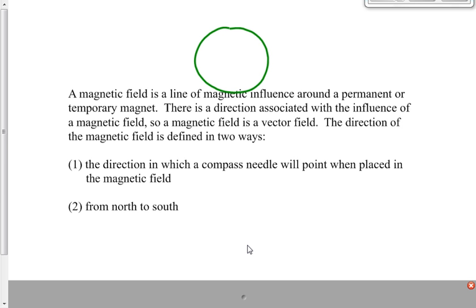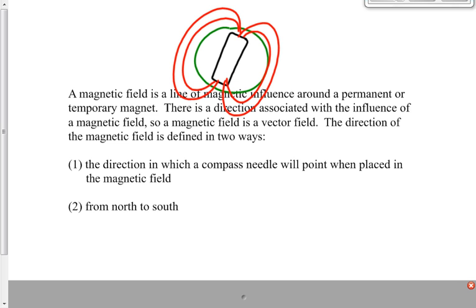Let's draw that little imaginary bar magnet inside the Earth. I'm not going to label the poles right now, but I will draw the magnetic field that surrounds it. Okay, it looks like the magnetic field surrounding just a plain, simple bar magnet. This is the equator right here. If I'm standing at the equator right here, and I take a compass out of my pocket, which way will that compass point? Remember, this is Canada,